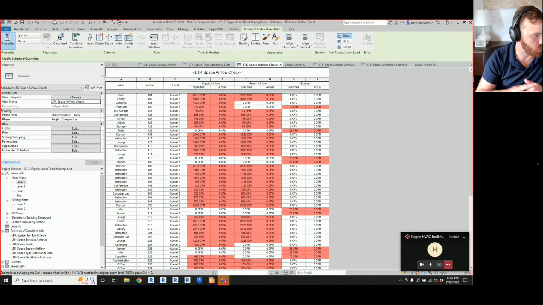What's the workflow for accepting an updated architectural model with floor plan revisions? How do room changes get incorporated into the load model? That's a great question. So